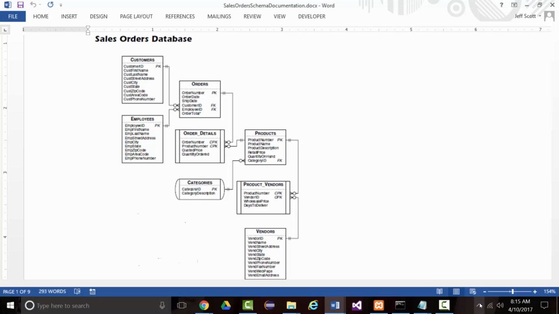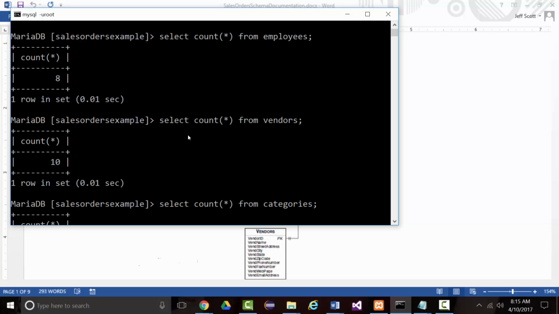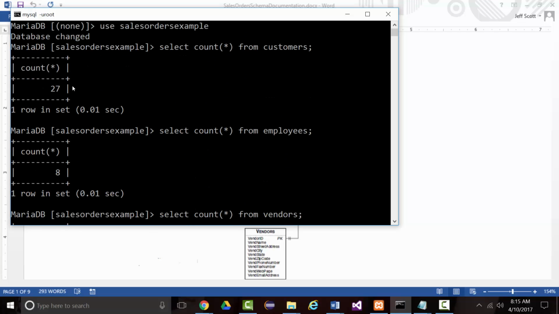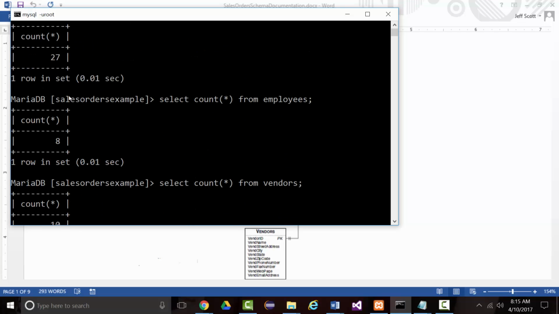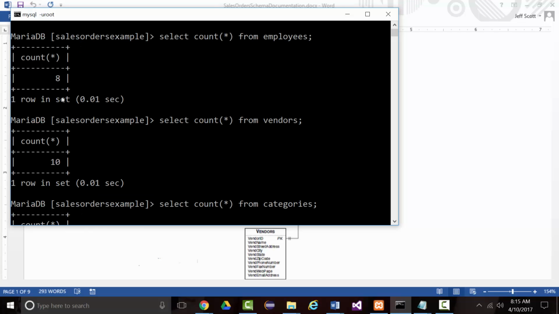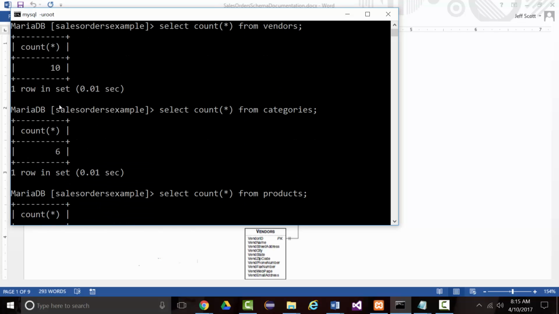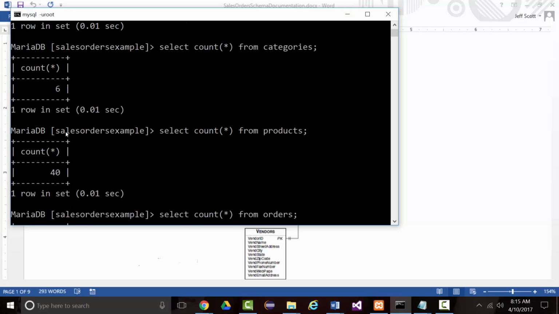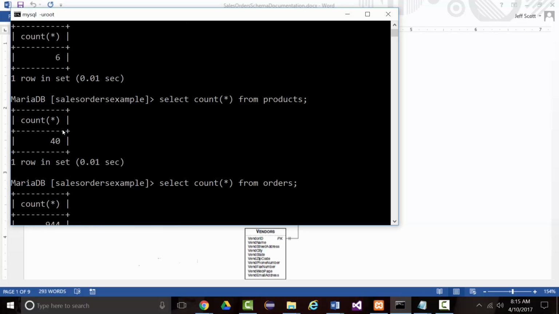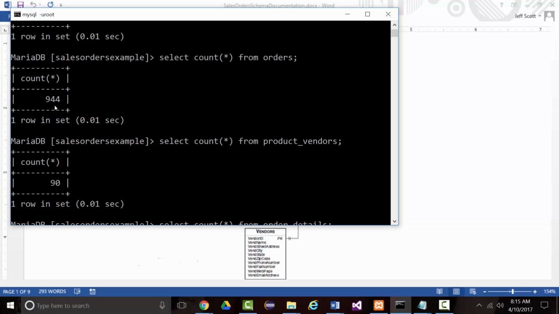The one that we did, let's face it, had 12 people in it, which was fine. And it had 6 departments in it, and we had departments and like 4 or 5 city-state zips. This one, if you look up on the screen here, has 8 tables. There are 27 customers, 8 employees, 10 vendors, 6 categories, 40 products, 944 orders,